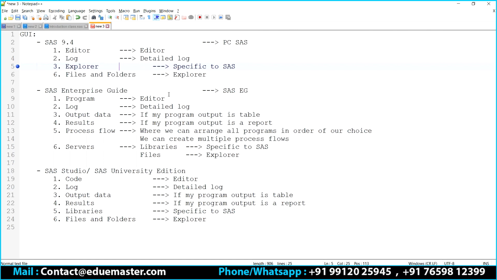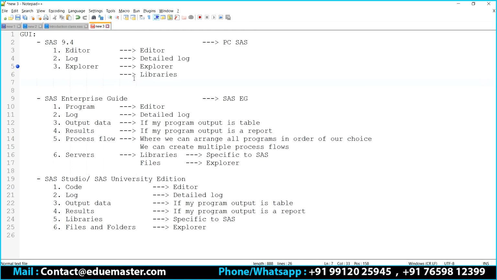This is nothing but a normal Explorer, right? A subdivision of that is nothing but my libraries. Under the libraries, if my program output is a table, I'm going to see that under the libraries. Is that clear? First thing.